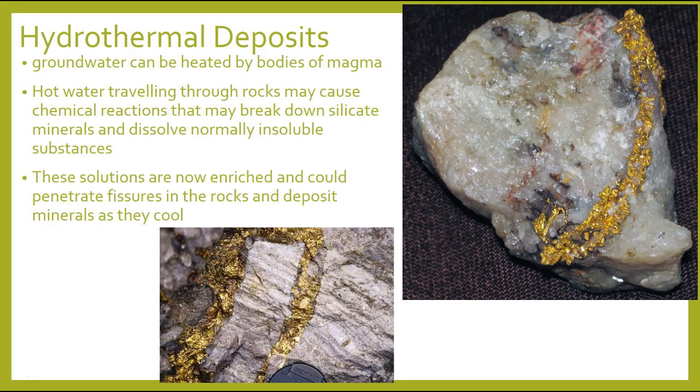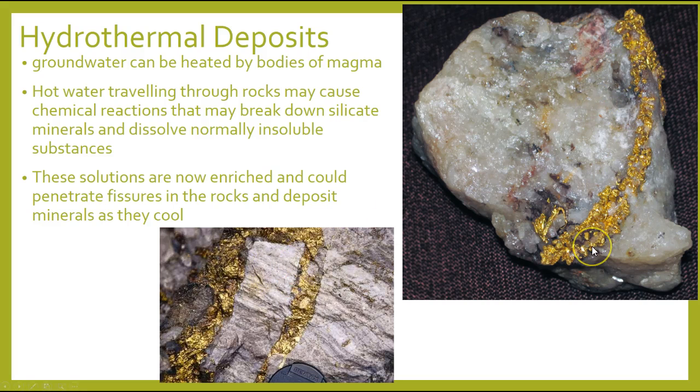Now, hot water can also dissolve gold, for example, and this is one of the ways that you can find gold as a deposit. Because what happens is this hydrothermal fluid that is rich in silica and gold gets into the fissures and cracks of a rock and it then cools and precipitates the quartz and gold out into minerals. So we get veining of quartz and gold in between joints or fractures in the rock like we see here